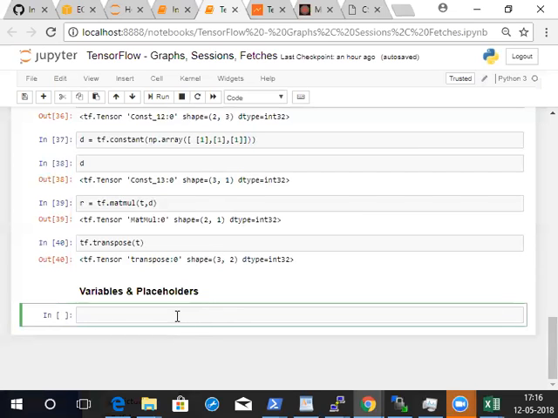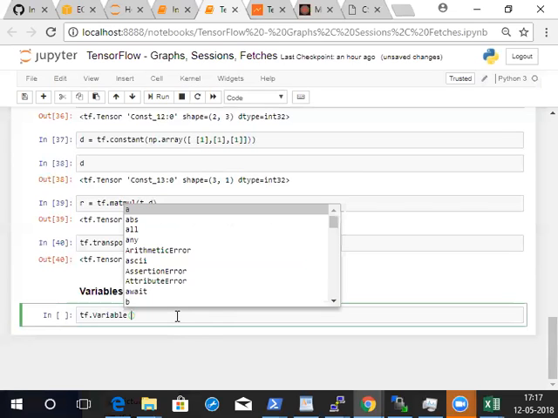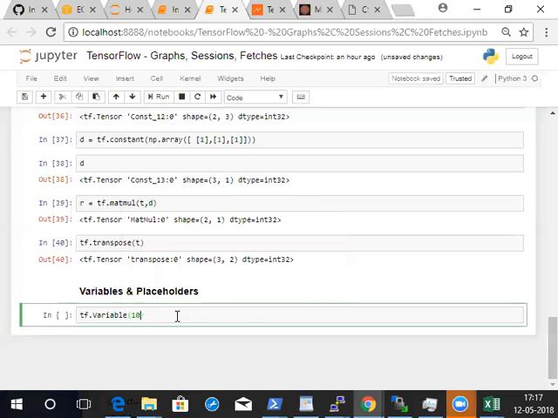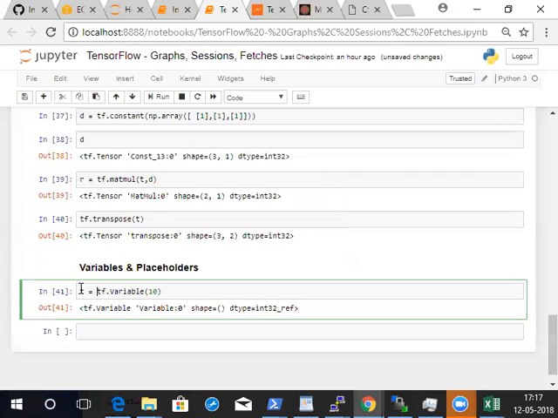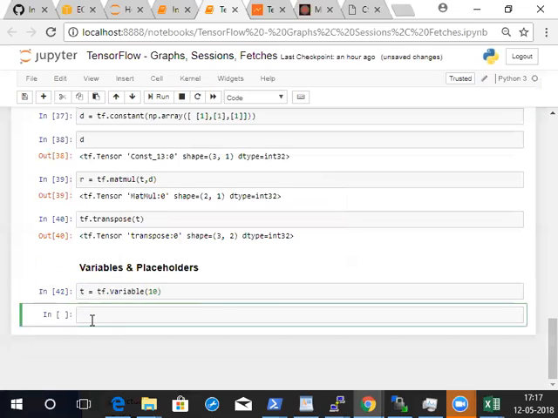AX plus B, B is the placeholder. X is the placeholder. X is your training data, right? Let me use it. It will be clear when we do linear regression. Okay, for example, you have this tf.Variable, right? So you can see this, it created a variable T, right? Earlier, what we have seen,